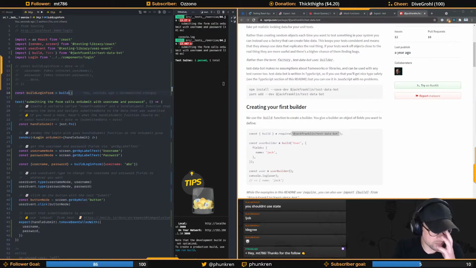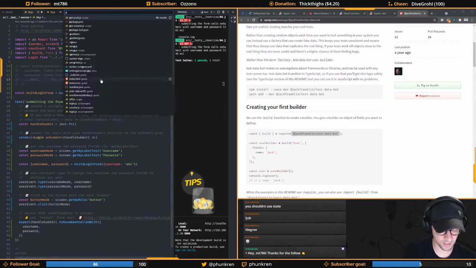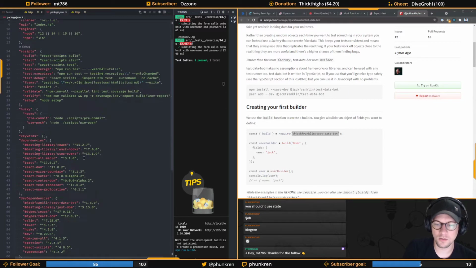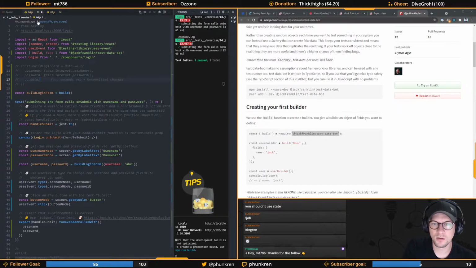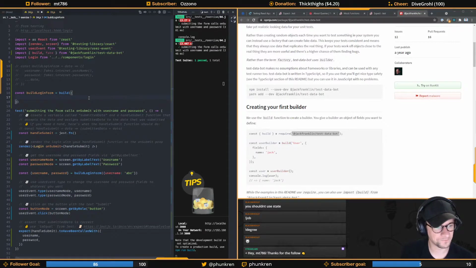Give a builder an object with fields that you want to define. If you're on version 1.2 or higher, you can leave the name of the factory and pass in only the configuration object. That makes me happy. So if I look in here, 1.3, that's cool. So we don't need to give it a name. Let's pass a configuration object here. And then we're going to say